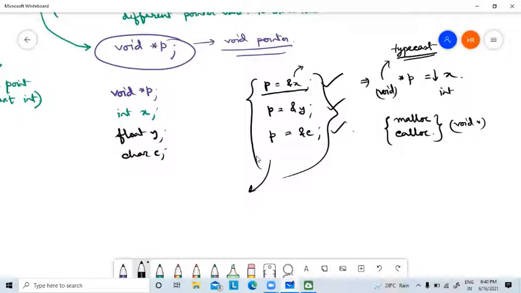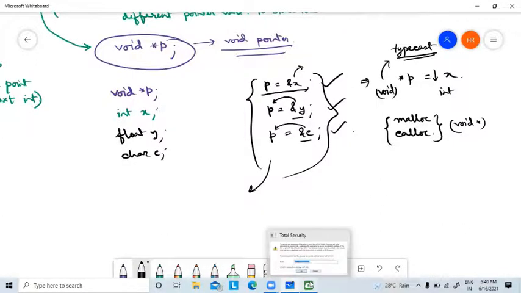Before accessing y, we have to store the address of y into p. Before accessing c, we have to store the address of c into p. We have to do this, and then only we can access it. But if we have three different variables and three different pointer variables, then it is very easy to access them simultaneously, one after another.